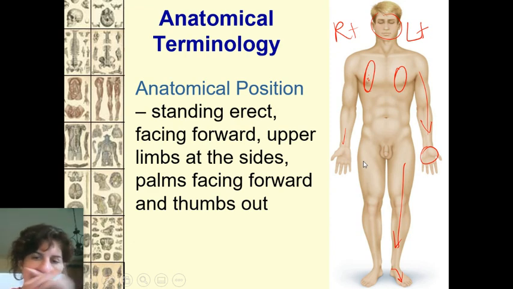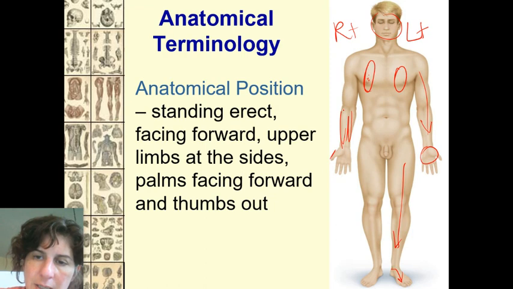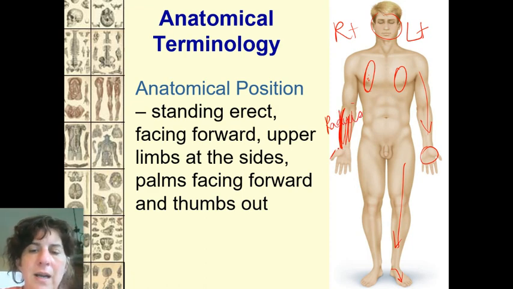And the reason we do the thumbs out, by the way, see his little thumb here, is because you have 2 bones that run down here. This bone that runs right along with the thumb is called the radius, and the radius's job is to rotate. So if I have my thumb facing inwards, so if you've turned the palm, the radius actually shifts position. So the radius comes across and would be this way when he turns his hand.